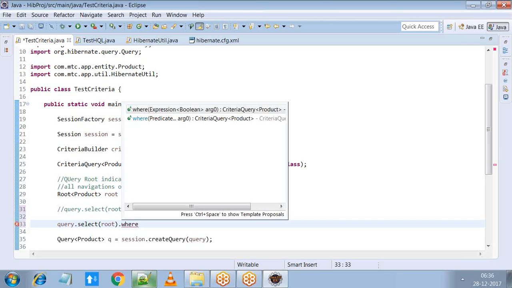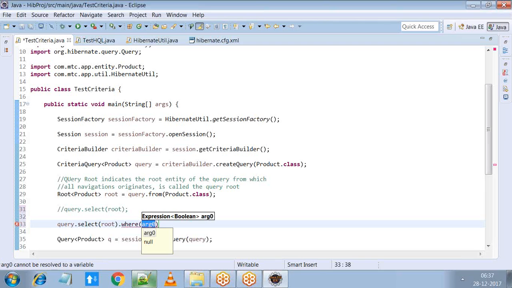Now we'll use where clause. In HQL, you have where clause. When it comes to criteria, we use the where method. We got a where method here. So to use this where method,